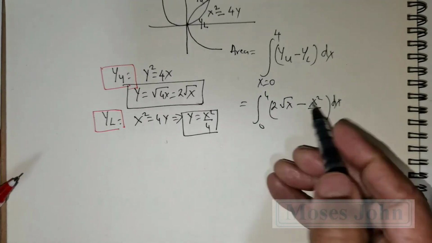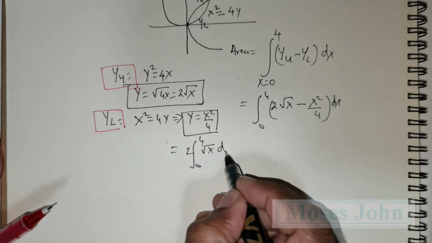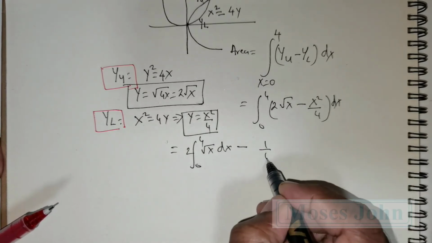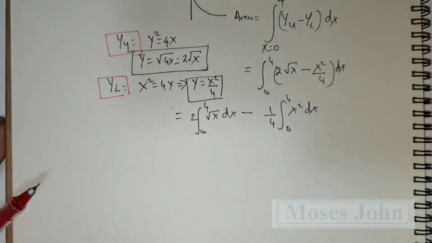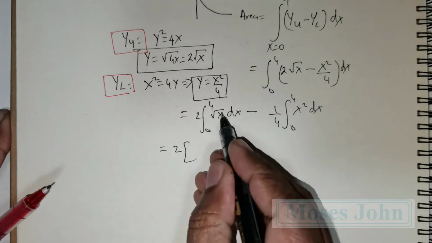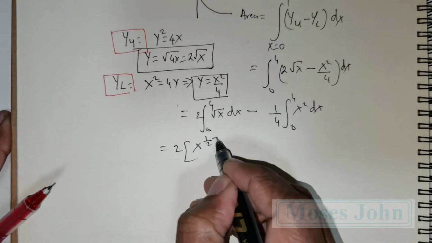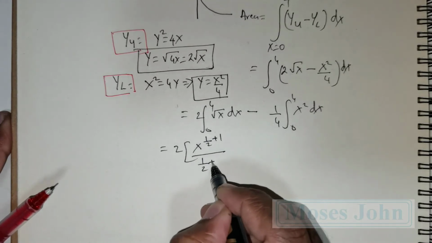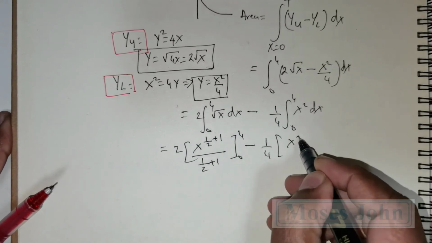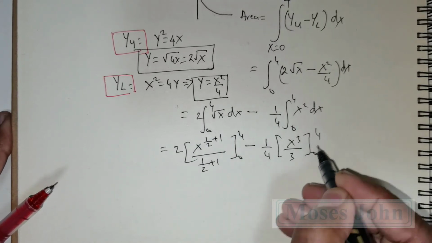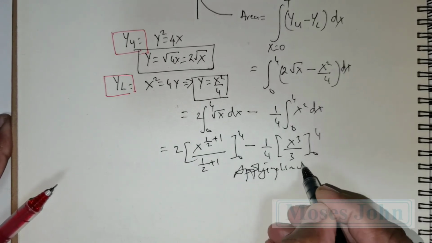Now you have to integrate this. So this is going to be integral 0 to 4 of 2 times root of x dx, minus 1 over 4 times integral 0 to 4 of x squared dx. So this is equal to 2 times, now this is x raised to the power half, so that would give me x to the power (1 over 2 plus 1) divided by (1 over 2 plus 1), limits 0 to 4, minus 1 over 4 times x to the power 3 divided by 3, the limits are 0 to 4. Now applying limits, we get